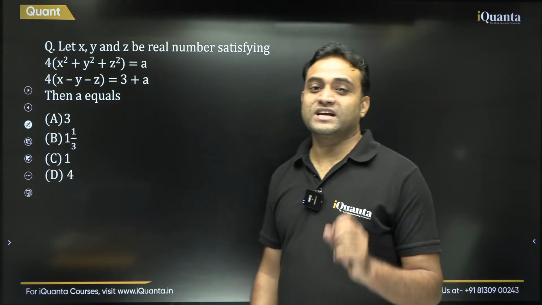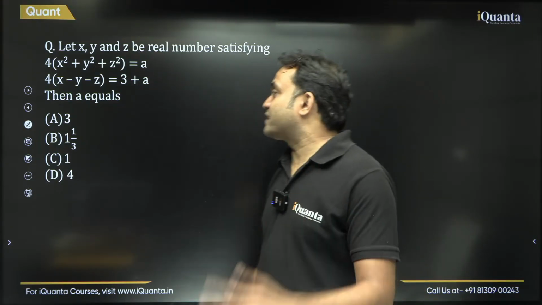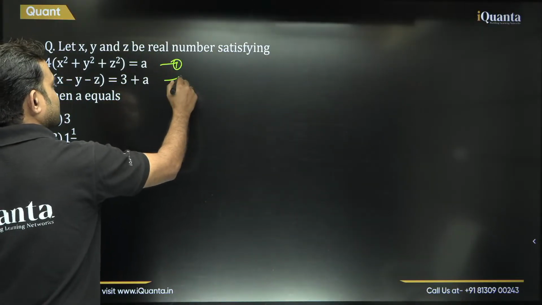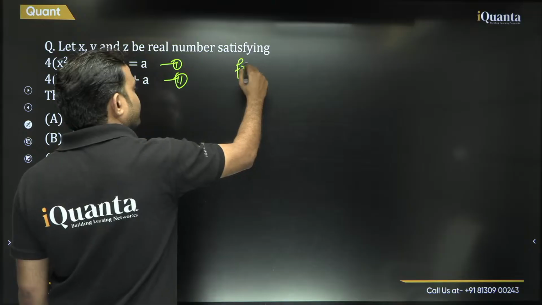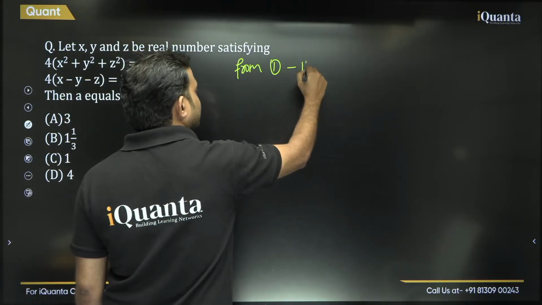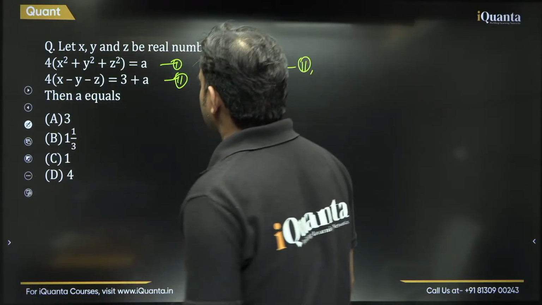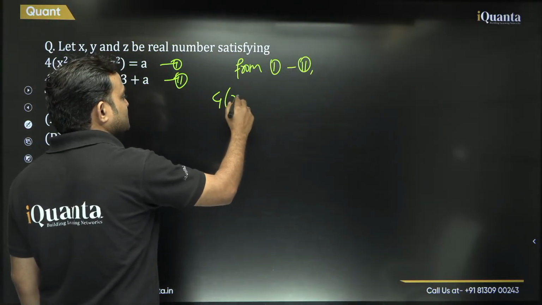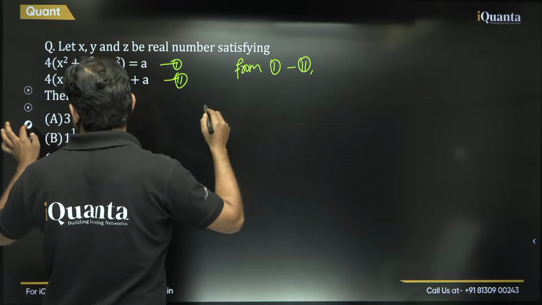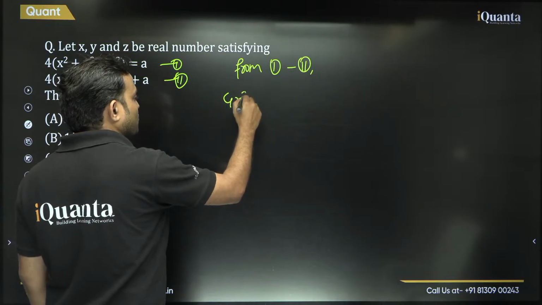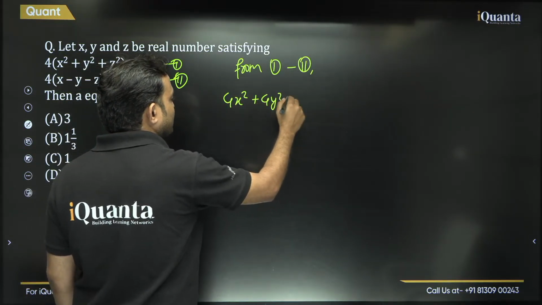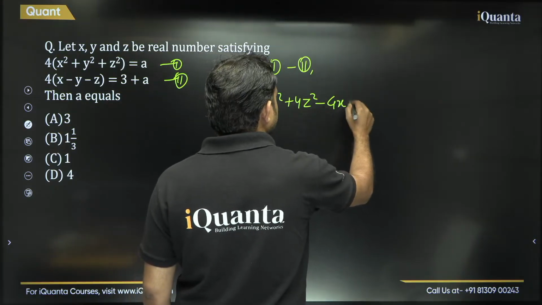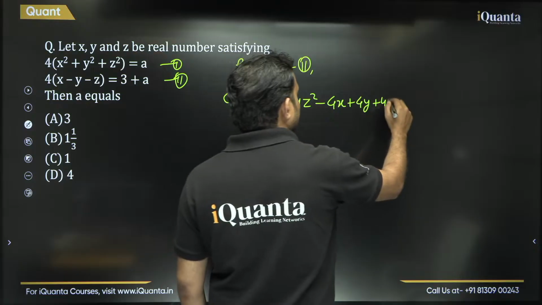अब ये क्वेश्चन एक लप्पू सा क्वेश्चन है ना. If you get the idea, this is very easy to solve. Can I say this is equation 1 and this is equation 2. Equation 1 minus 2, what we can say? Can I say it will be 4 times x square plus 4 times y square plus 4 times z square